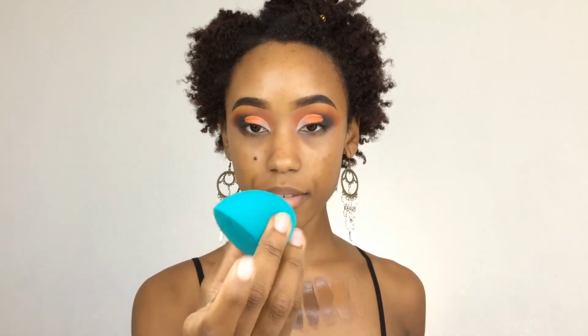Let me go wet this. All right, so I've got the sponge. It is definitely way bigger now. Very soft and squishy. It actually does remind me of the Beauty Blender, which I've never run across a sponge that's done that before. So what I'm going to do is I am going to prime my face